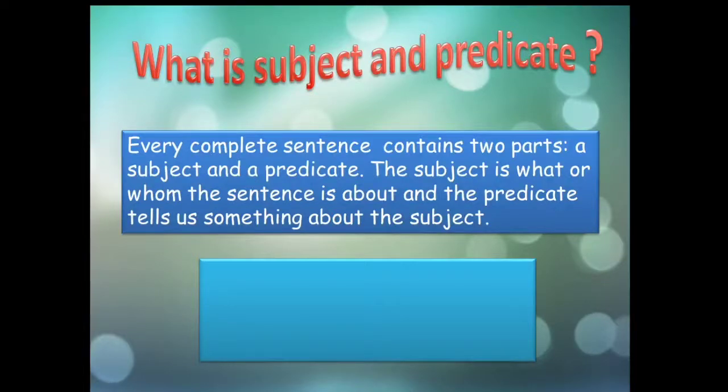Now, about whom is the sentence speaking? About Sharon. So, Sharon is our subject. And the predicate? What is the sentence saying about that particular subject? Sharon, she was running on the road. So, I guess you all have understood something about subject and predicate. Let's learn further with an example.